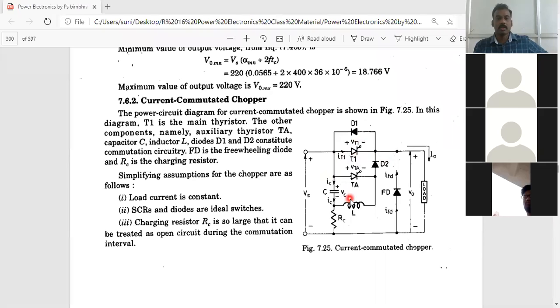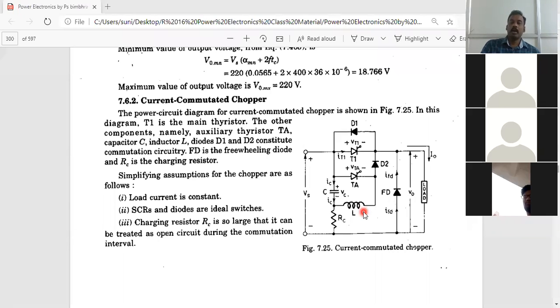Okay, so in this particular case, this freewheeling diode is there to freewheel the energy stored in the load, which is the case with an inductor. Then, regarding the operation of a current commutated chopper, the normal circuit is this one, and everything else provided here is the commutating circuit, that is, the forced commutation circuit. These forced commutation circuits are enabled in the circuit to make the conducting device turn off.